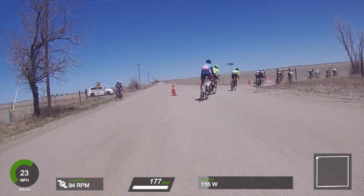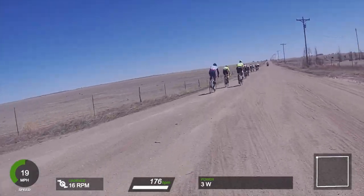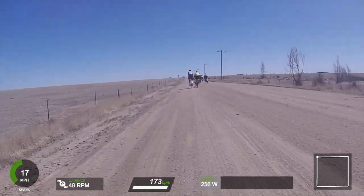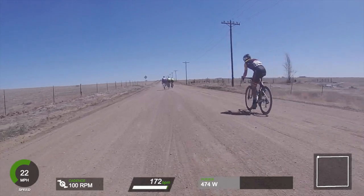I've basically got the gap down to nothing in this corner. But coming out of the corner, I think I'd burned too much energy in that previous straightaway, and the gap goes back up out of the corner, and I didn't have the legs to stay on it. And so